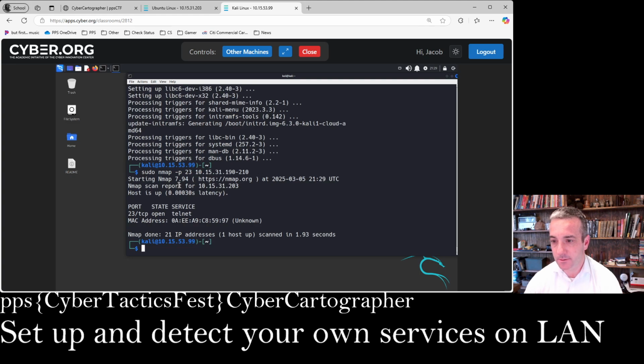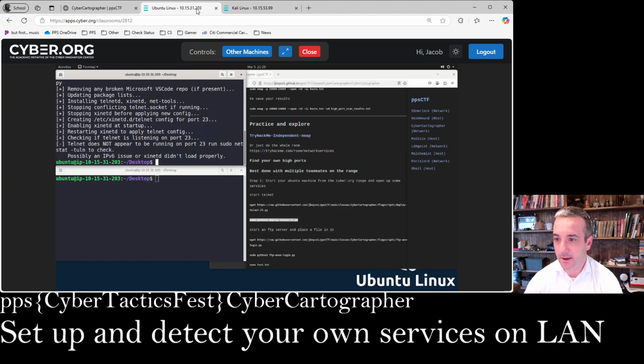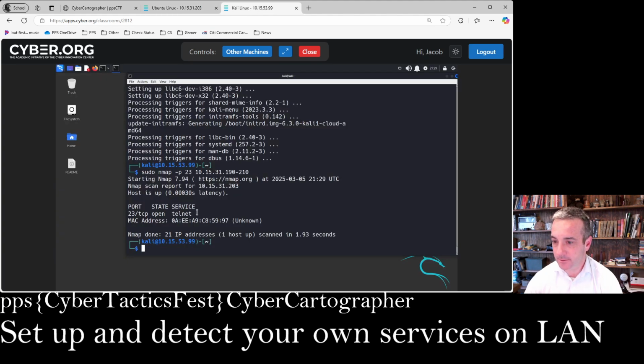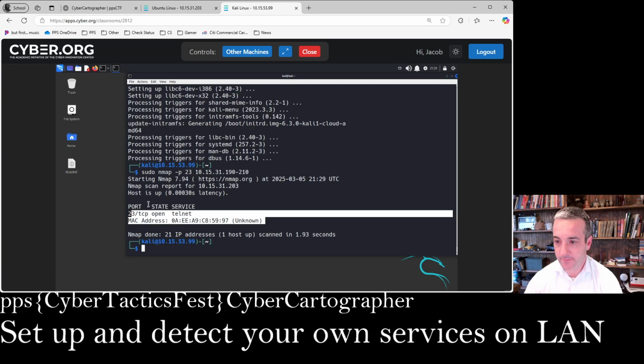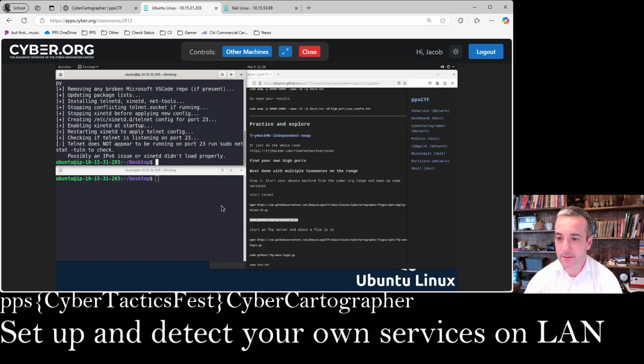Okay, so looks like our scan worked. Just that scan alone gives us the IP address that we're looking for, which is 203 up here, and it looks like we found it. Now, if you can't find it, what you do is you look at your own services. I was going to show you this. It's a little bit out of order here, but